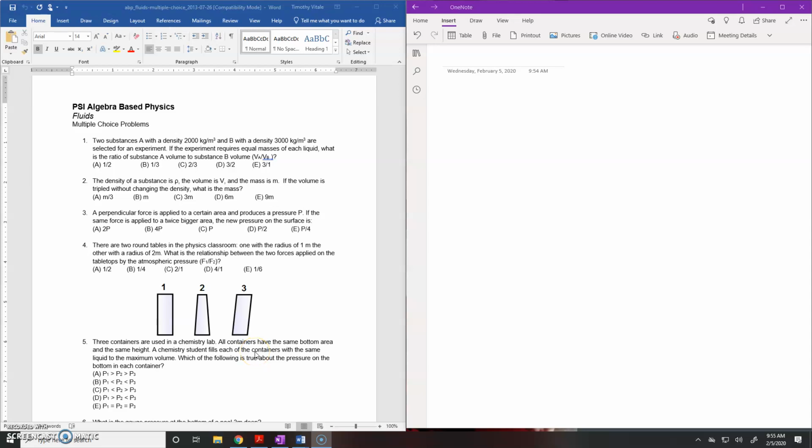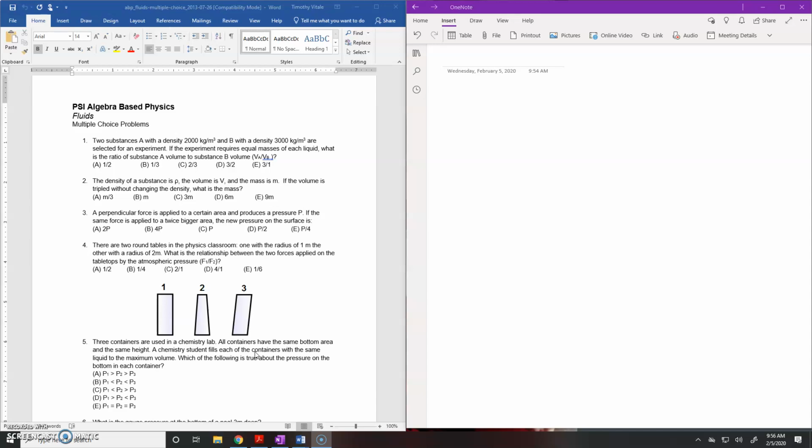All right, I'm going to go over some of these fluids multiple choice with you just so you can understand how to do some of these. So I'll try to pick ones that are going to be relevant to the quiz. All right, so number one, it says two substances, A with a density of 2000 and